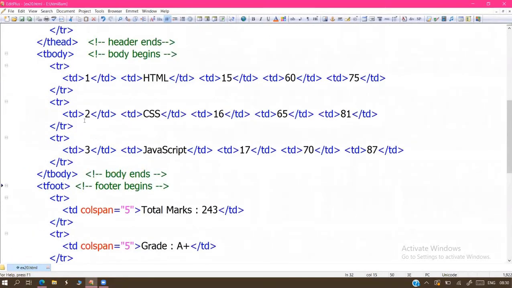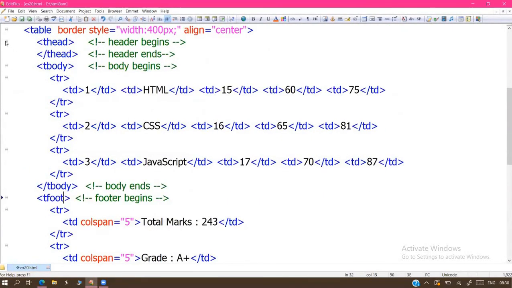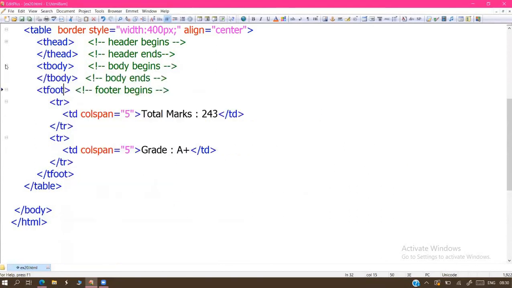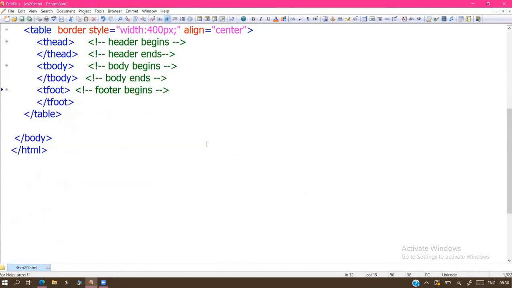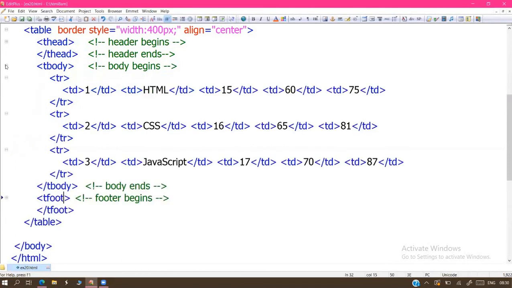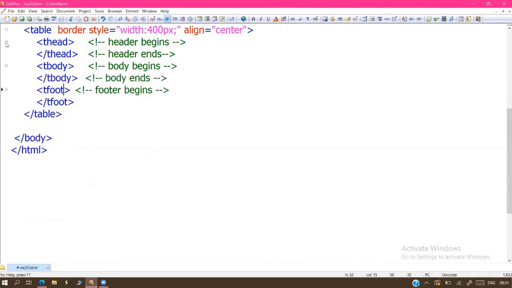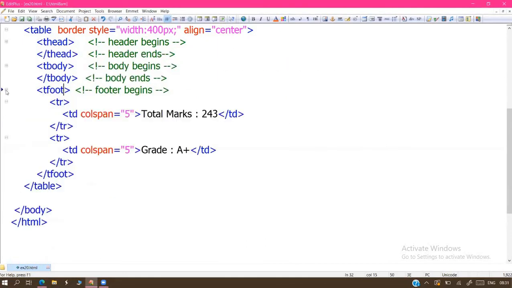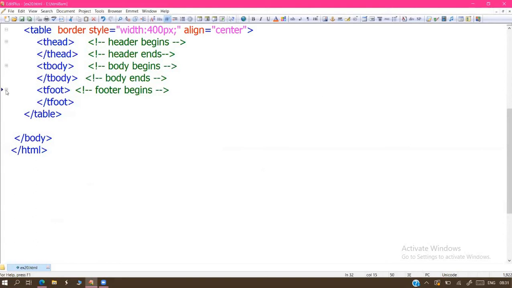So here these 3 tags are dividing the table logically into 3 parts. And we can easily identify which is the main content, which is the sub content, and which is the actual content. Which part of the table you want to see, we can expand like this. If you remove those tags, this type of viewing is not possible. Remove the tags, and these expand and collapse operations are not possible.